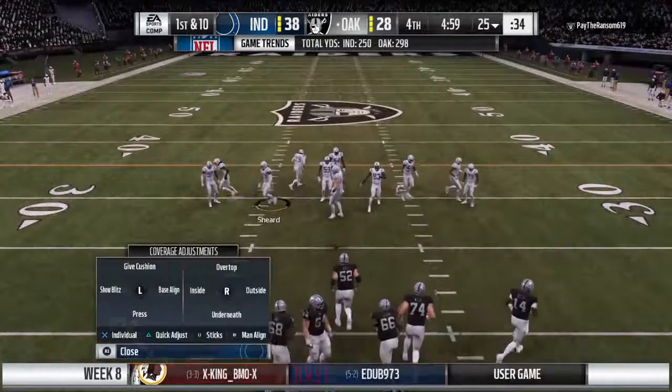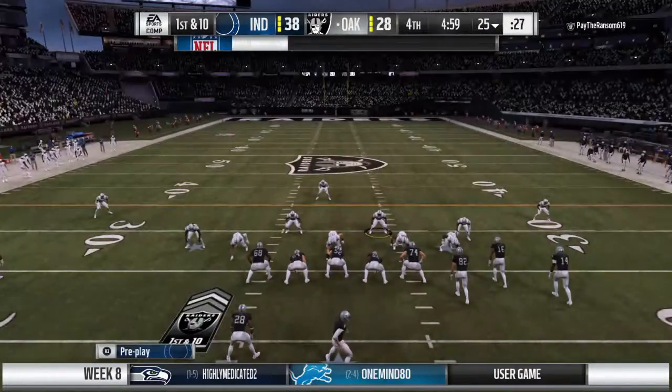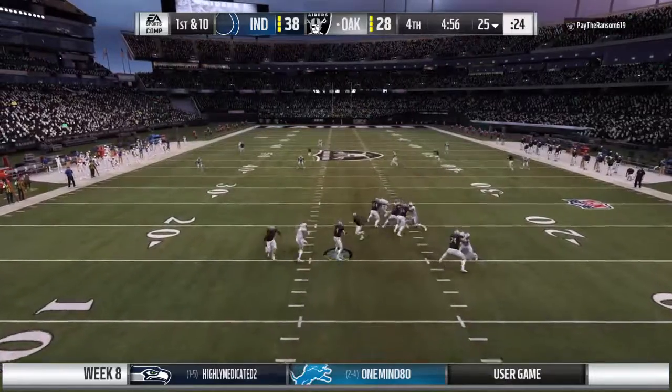The Raiders offense now making their way back out onto the field. And they're hoping to redo their efforts in the last drive when they got into the end zone. And just think of what it's like now on the sideline, because when you score a touchdown, you have to go over and look at the tablet and see what you did on the last drive. When you scored points, it's a whole...